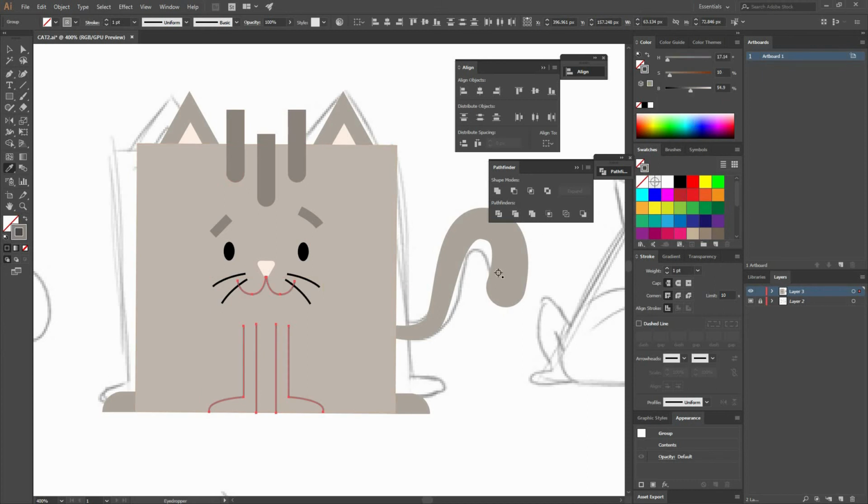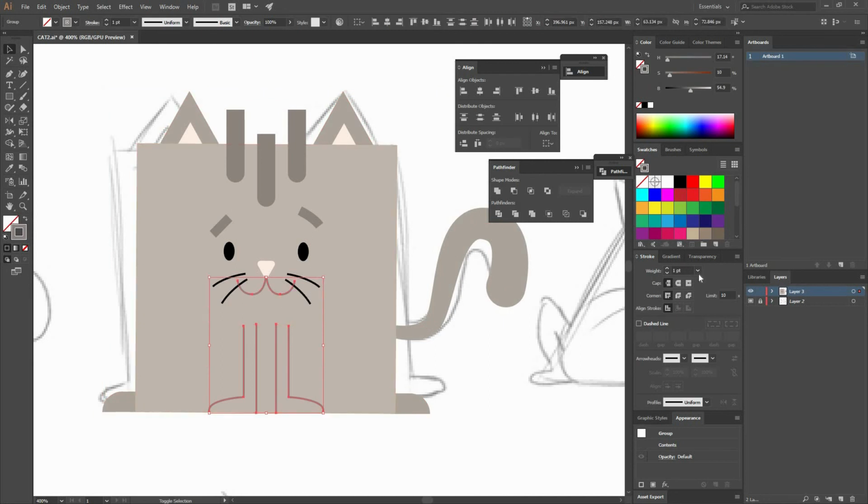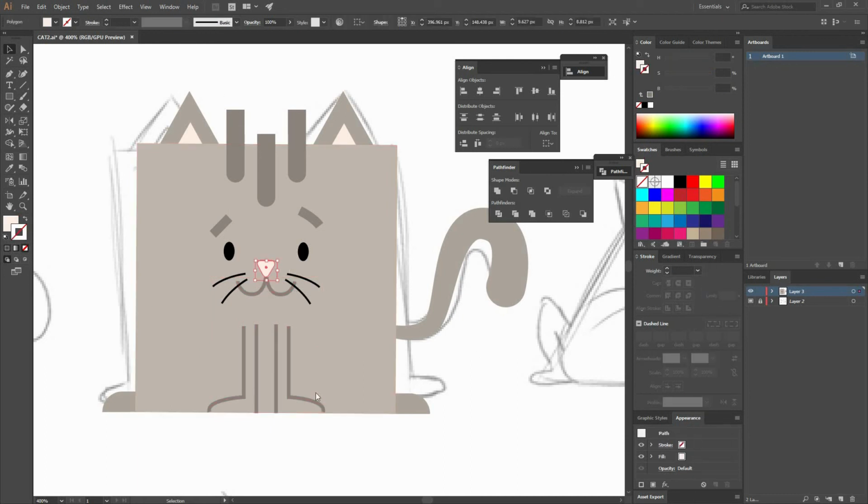I'm going to change the color of the lines, and these ones I'm not going to change the profile, I'm simply going to make them thicker, something like 2 points. And let's bring to front the nose and select the whiskers. Just make them a little bit darker.